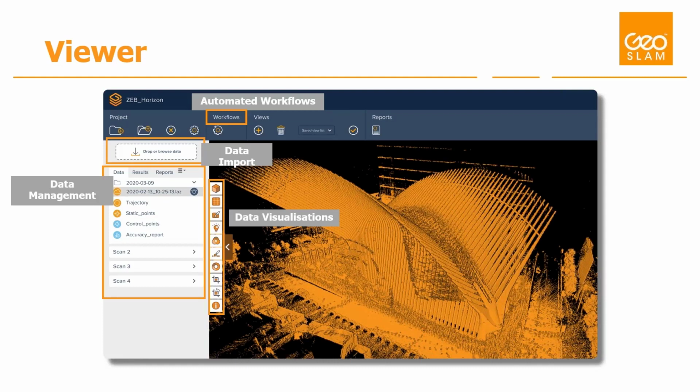So let's talk about the GeoSLAM viewer. This is new and improved. We've been working on GeoSLAM Connect for a couple of years now, and we've been through a few iterations of the viewer and how it looks. And based on a lot of customer feedback, we've optimized it for simplicity. There's not too many buttons, but we've also organized it into a project-based data management